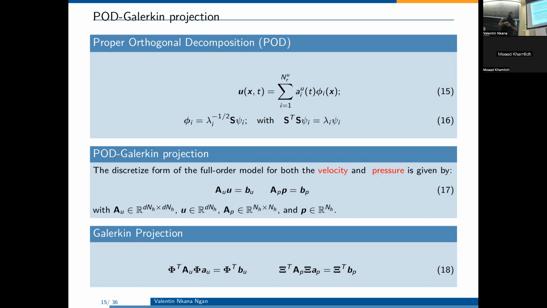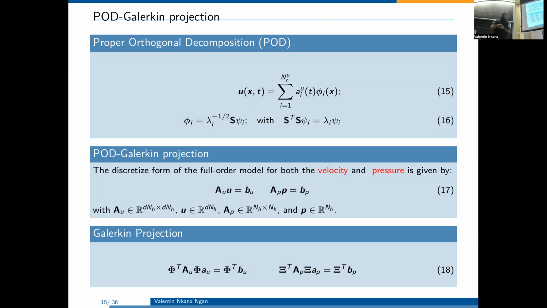So we first assume what we call separability, given by equation 15. We see that given any flow or any field, you can decompose it as a weight depending on time, or maybe a parameter, and also a basis depending on the space. So when you assume separability, how do we compute the basis? The field, the mode here. How do you compute the mode?